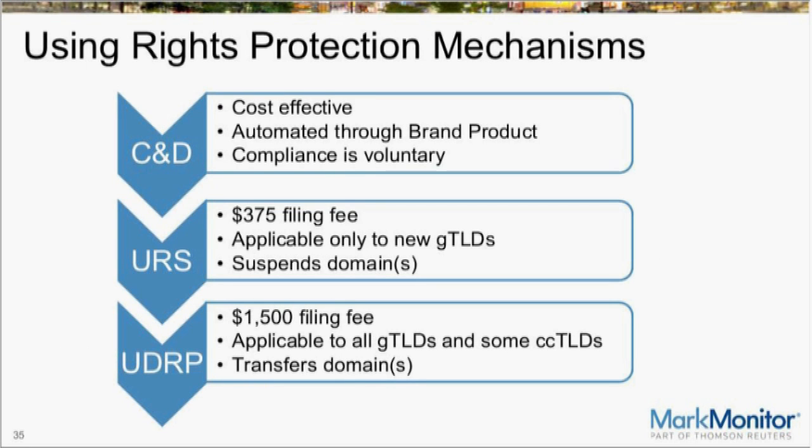So many companies are frequent targets of infringements, and it makes recovery of all those infringements impractical from a cost perspective. Brand owners should develop a prioritizing ranking system to allow for a recovery strategy that matches the significance of the threat. Sending a cease and desist is often the most cost-effective option, but compliance by the domain owner is completely